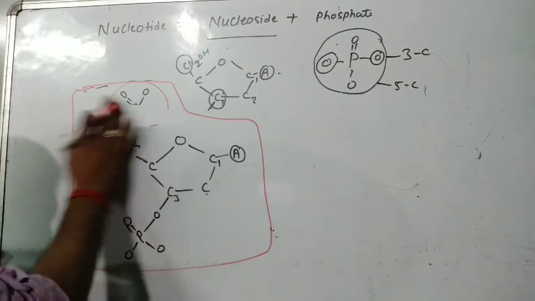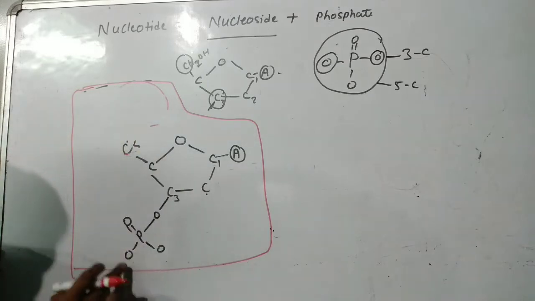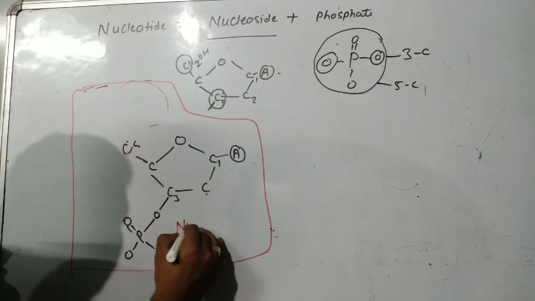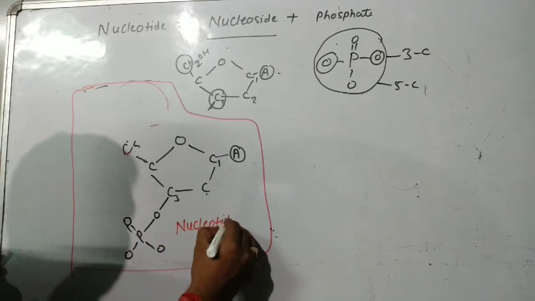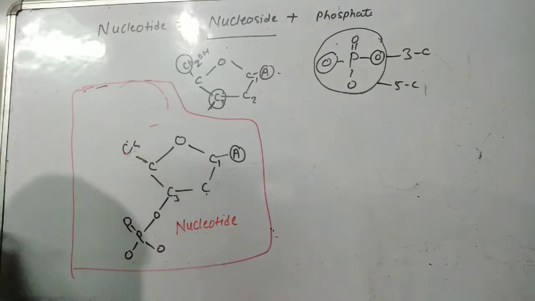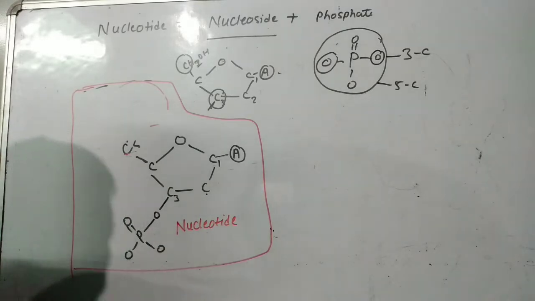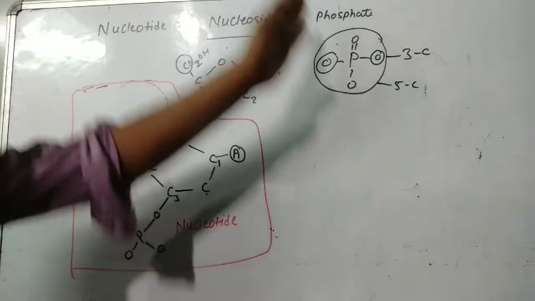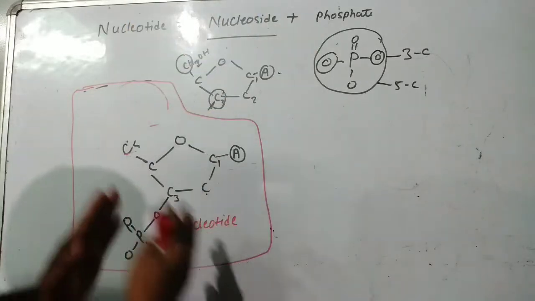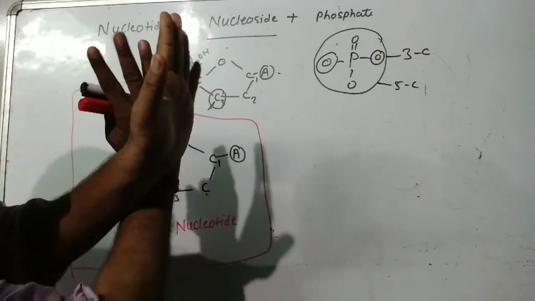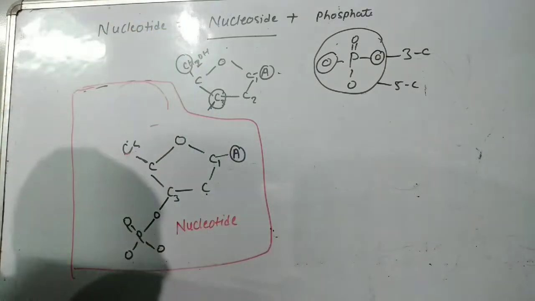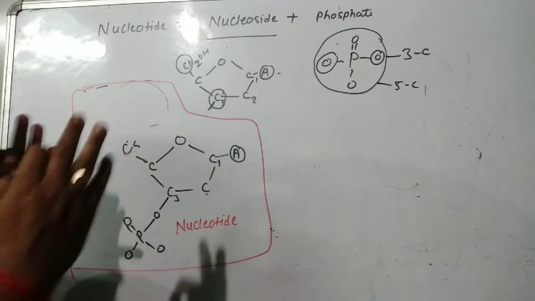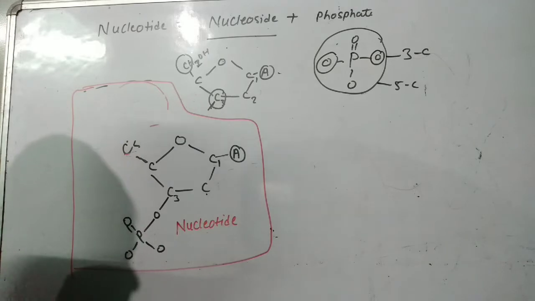Till here only it became, you can see, this whole structure including phosphate, nitrogenous base and deoxyribose sugar is known as nucleotide. Now what we have to do, we have to create a chain of this nucleotide, one chain and another chain. Both chains of nucleotides will get spirally coiled with each other, and they will run anti-parallel to each other. They will form the structure of DNA. Let us see how it is going to be formed.